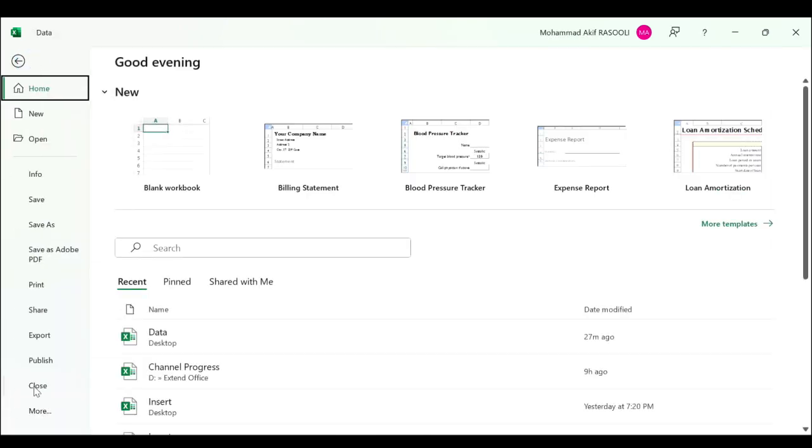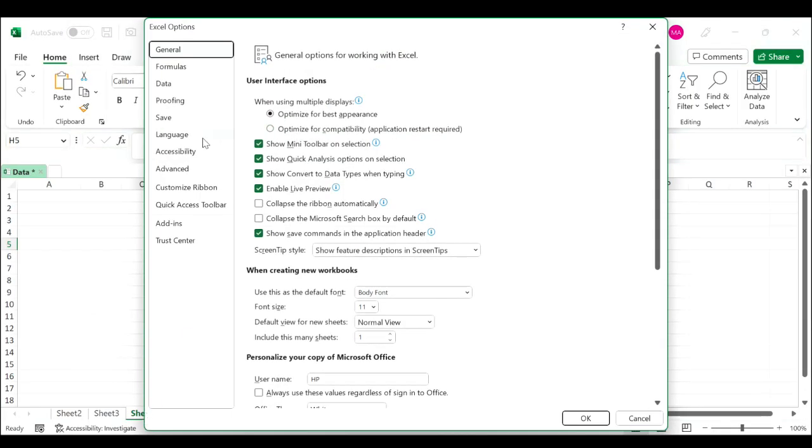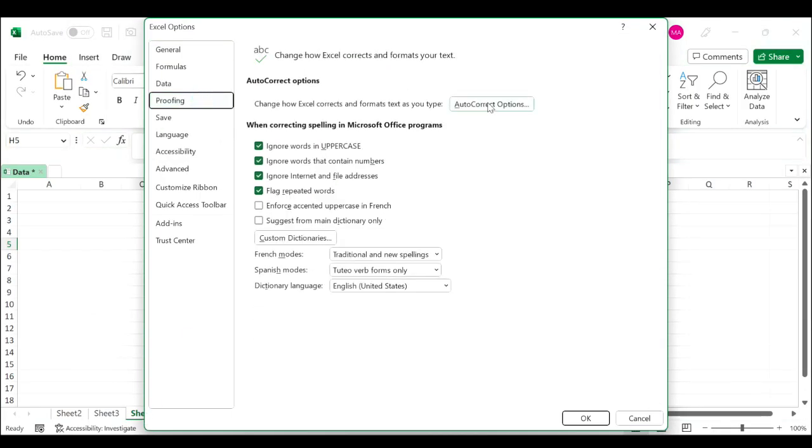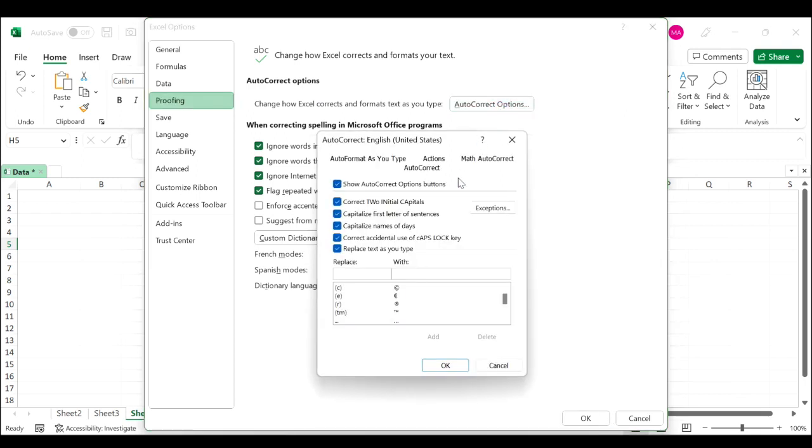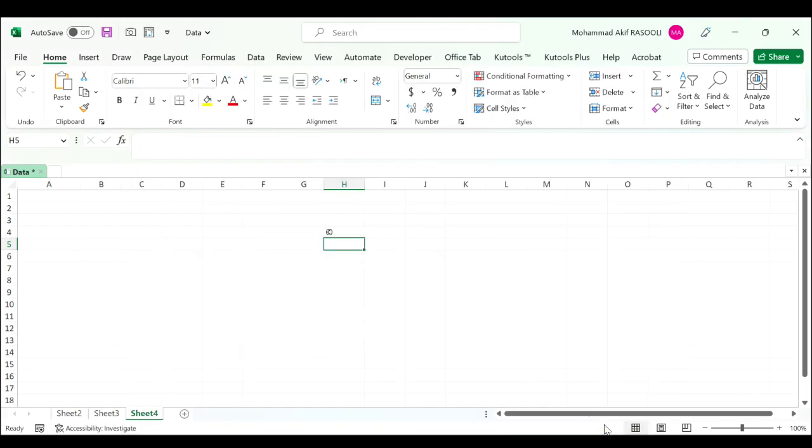Click the File tab, click More, click Options, select Proofing, and click on the AutoCorrect options. In the AutoCorrect dialog, select (C) to the copyright sign from the drop-down list and then click the Delete button. Click the OK button, again click the OK button,